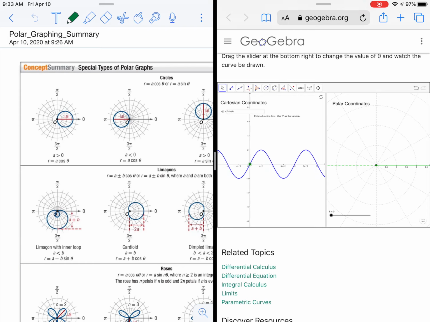Now, for GeoGebra, when we type in an equation, so we're going to focus on circles in this video, you would have to type in a number and then cosine or sine of some angle. Instead of using theta, they want you to use t as the variable. So I thought for our first circle that we would look at, we would type in,